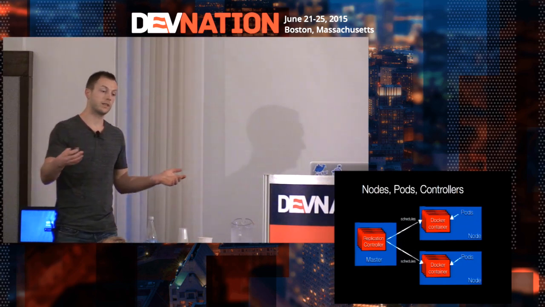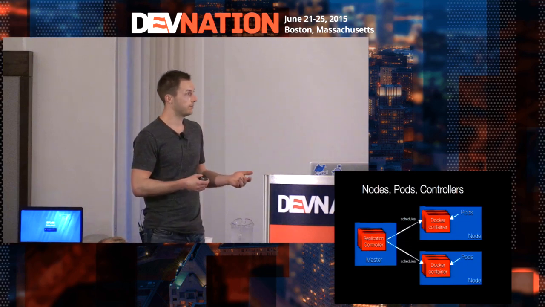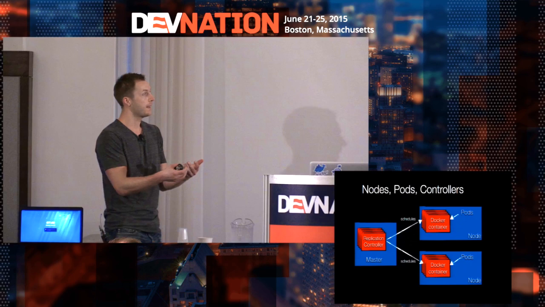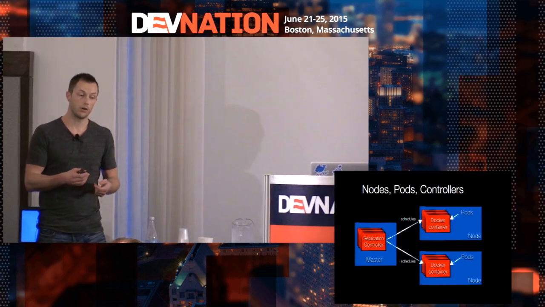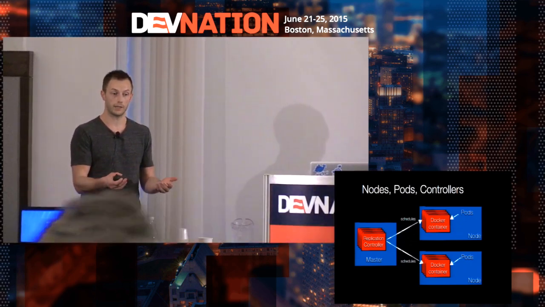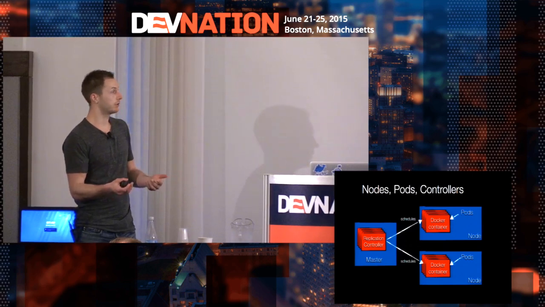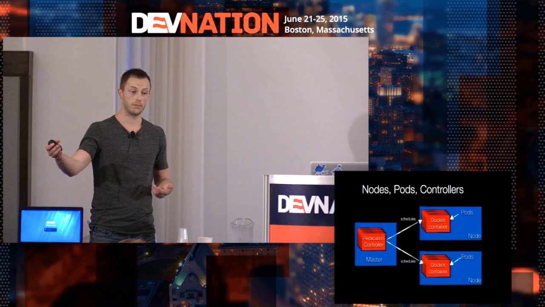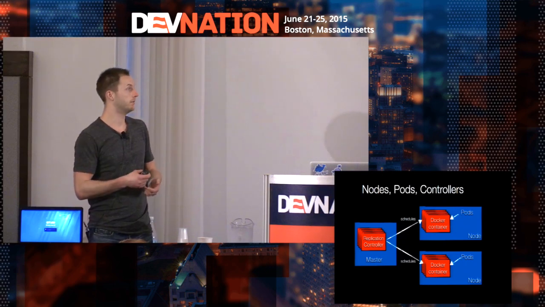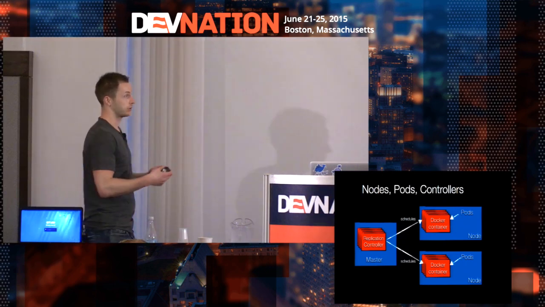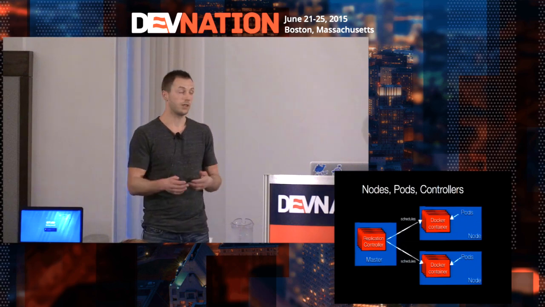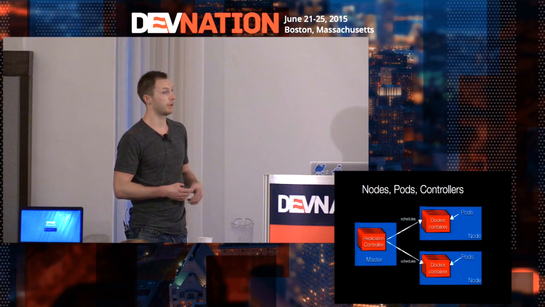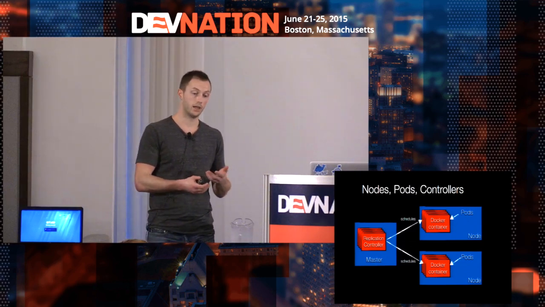And every running container that we have is called a pod. So this pod is actually an instance of my application, so to speak. And the replication controller will just take care of making sure that I have enough replicas. If one of the containers crashes, for example, the replication controller will notice that and it will start this same container on another machine. So we have the concept of nodes, which are kind of my physical machines. We have the concept of pods, which are instances of my running application. And we have the replication controller that keeps everything scheduled.